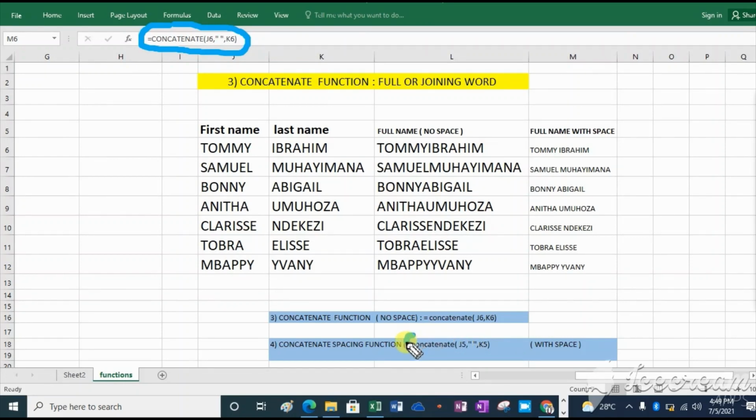It is like this: equal sign, concatenate, open bracket, location, comma, quotation mark, space, quotation mark, comma, then another location, then close the bracket, click enter.